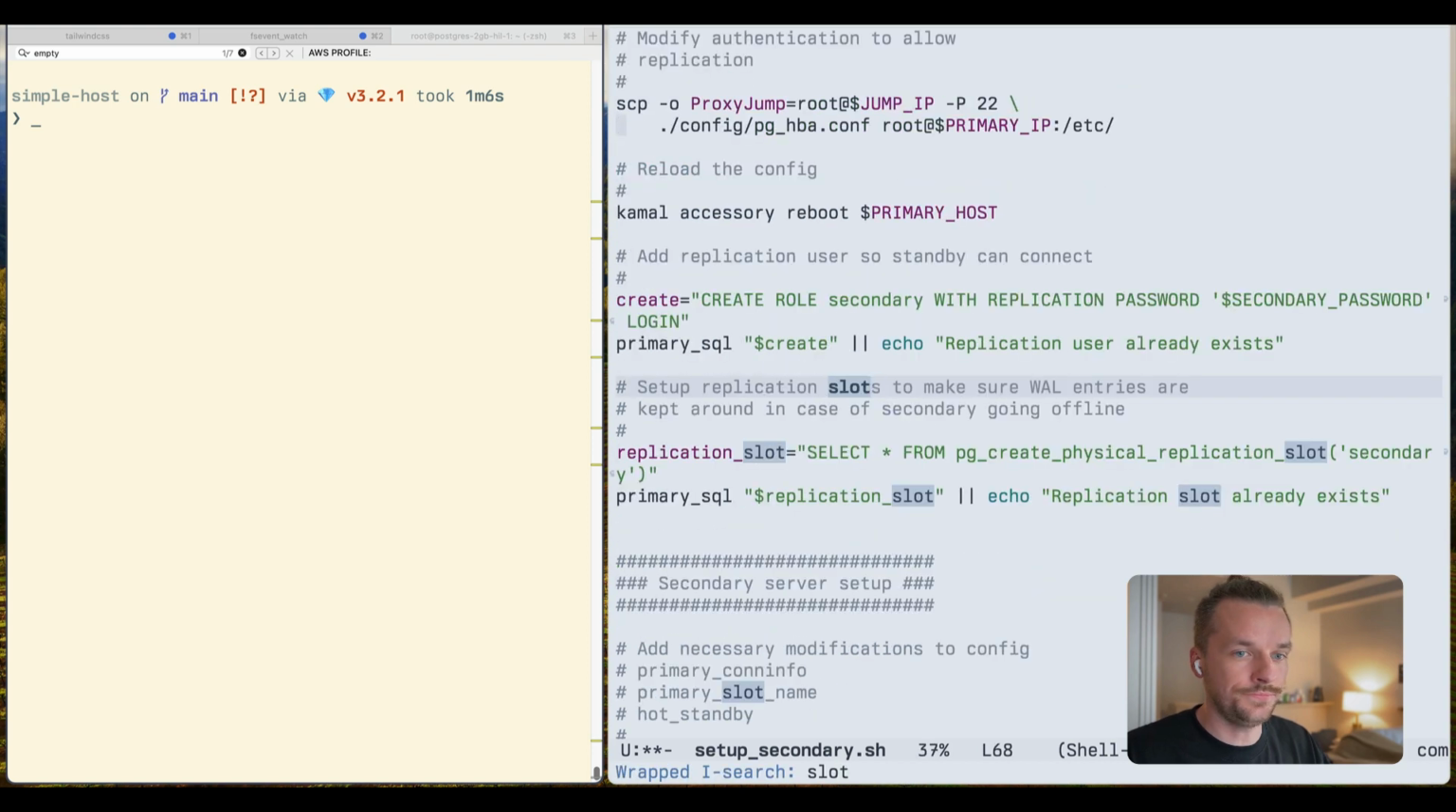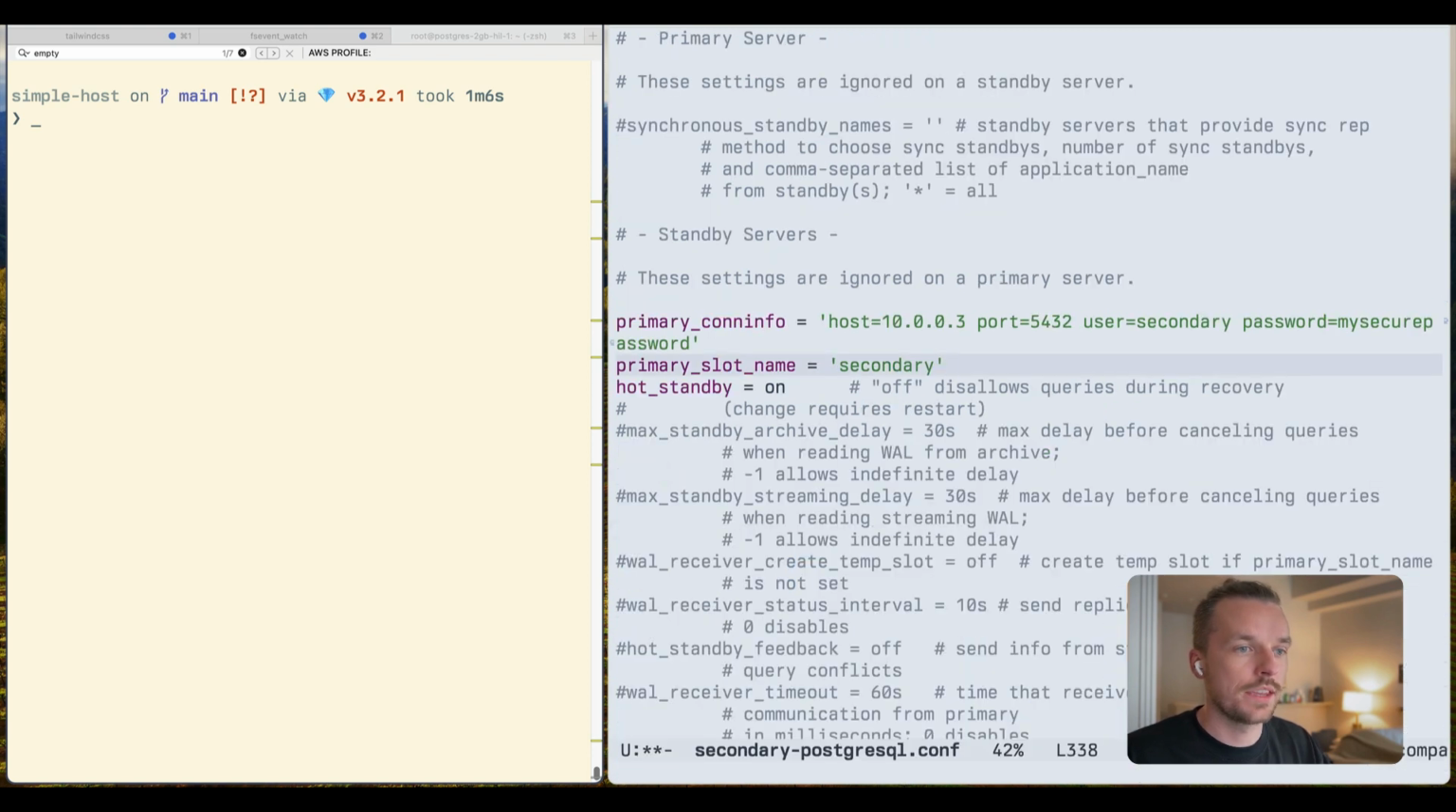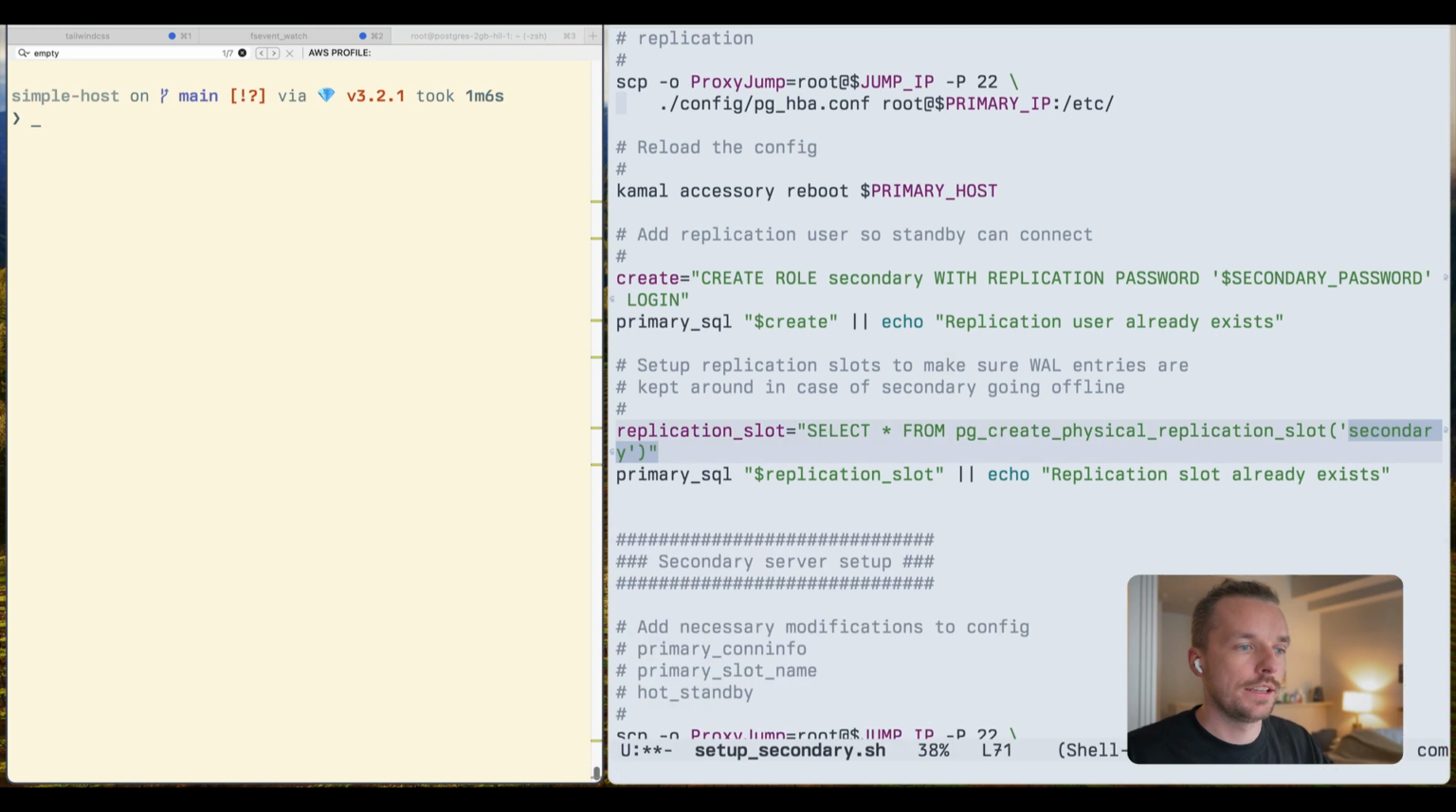And see right here, we call it secondary. And so we need to make sure that that name is the same here, which is secondary. And then hot standby. I like to turn this on, which allows you to run read-only queries from the standby server, which can be helpful for analytics and things like that. Save that. And once that's updated,